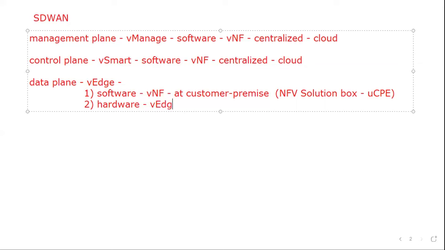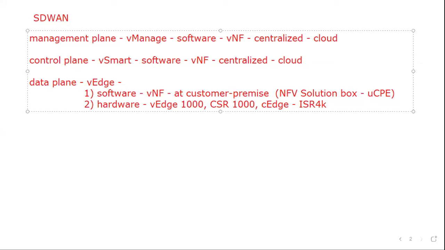Initially it was vEdge with various model numbers: vEdge 1000, then 2000, then 5000. This is just an example. Then the CSR 1000, then the ISR 4K, and the ISR 4500 also. When it started from Cisco, they named it differently.